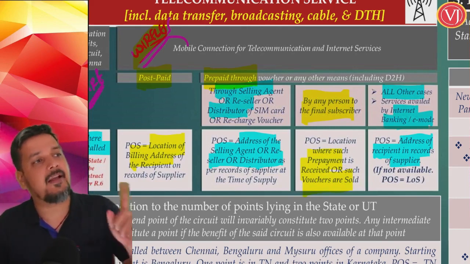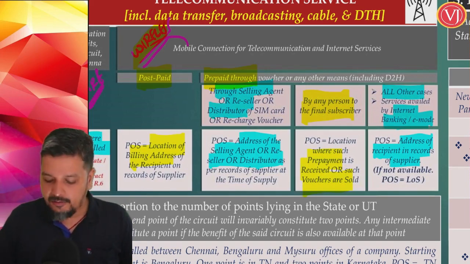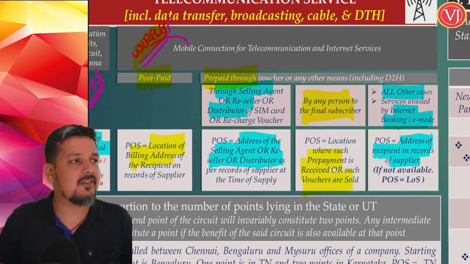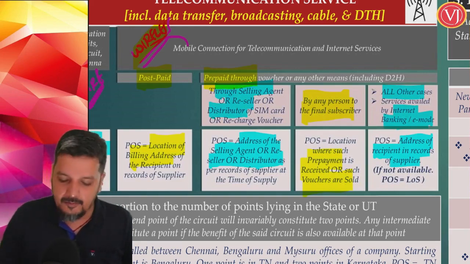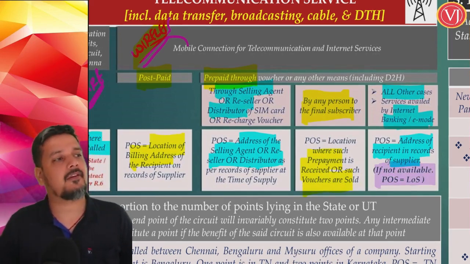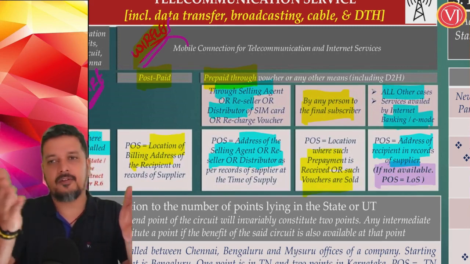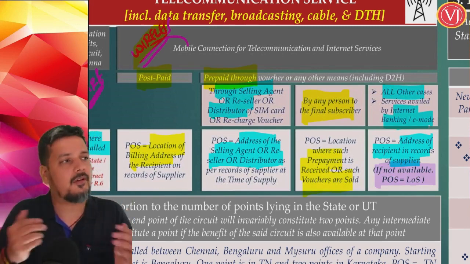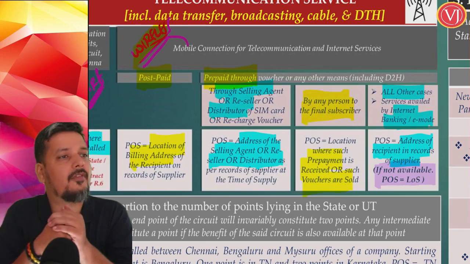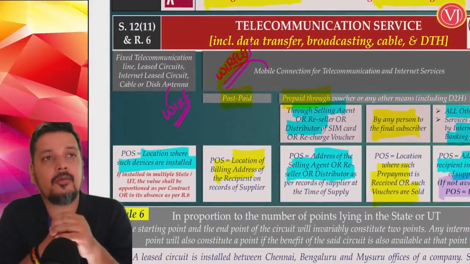In that case, place of supply is the location of the recipient which is available in the records. If the location of the recipient is not there, by default, location of the supplier. If the supplier has your location, it is the location of the recipient. If the supplier is not having your location, location of supplier. This entire issue is when